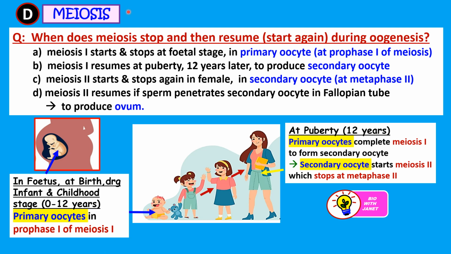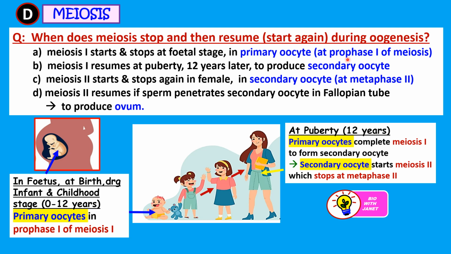Let's clear up the confusion of when meiosis occurs during oogenesis. We know that meiosis does not occur continuously during oogenesis. So the question is, when does meiosis stop and then resume or start again during oogenesis? Meiosis 1 actually starts at the fetal stage in the primary oocyte, but it stops at the prophase 1